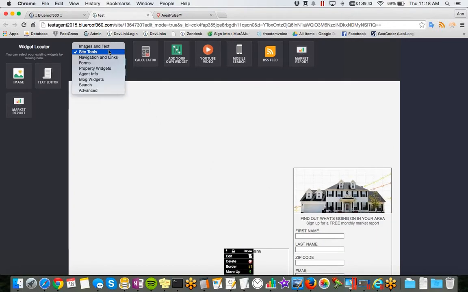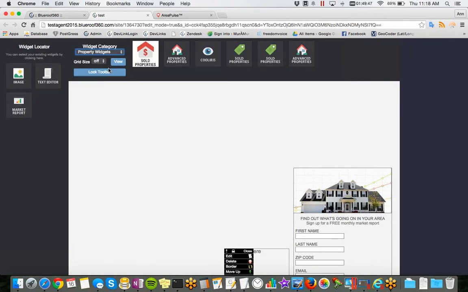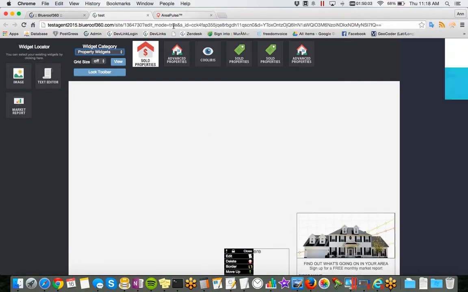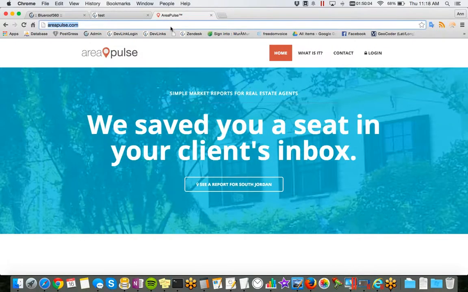Okay, so that's the tool category. We're going to go down here now to the property widgets, and there are a lot of different widget categories, so we don't have time to cover everything. But we are going to cover the main widgets that you're likely to use. And then also, let's just pull up really quickly